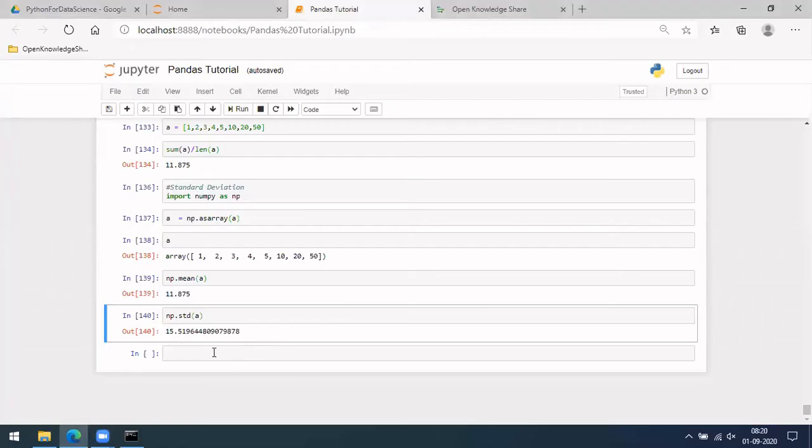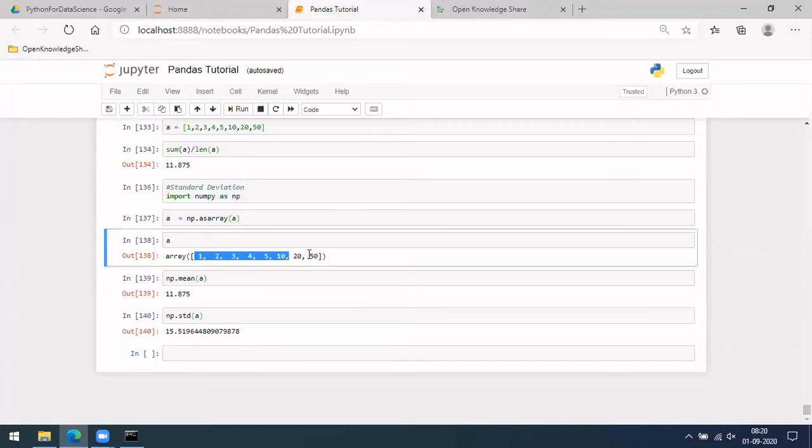Let me see it here. So if you see here, it is the same thing whatever we did by hand. Finally you'll be getting the same value from np.std. So what this actually tells you is how your values are deviated from your mean. So the mean value here is 15. Most of your values are small, and because of just these few large values, it went to a mean of 15, right?